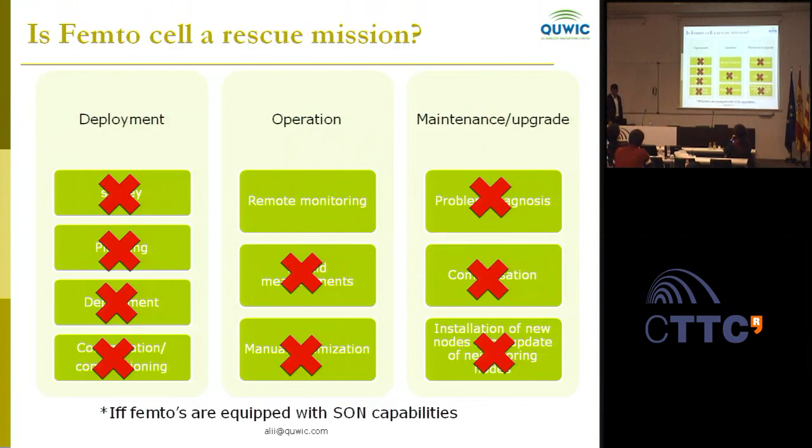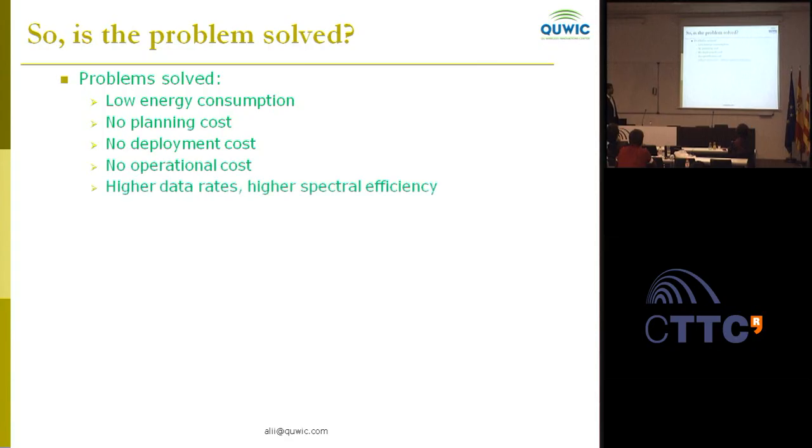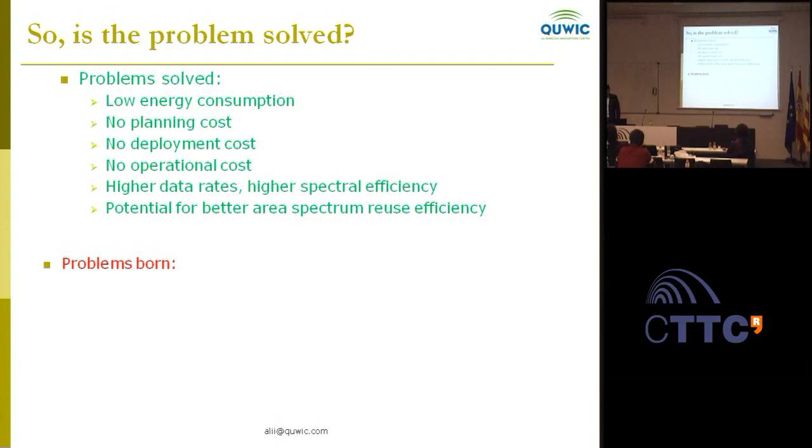Okay. So there is a big if and only if femtos are equipped with SON. So the story is we need femto, and for femtos we need SON. Okay, so is the problem solved? Yes, it seems the problem is solved. Yes, low energy consumption with femtocell, no planning cost, no deployment, blah blah. All of the problems seem to be solved, but here